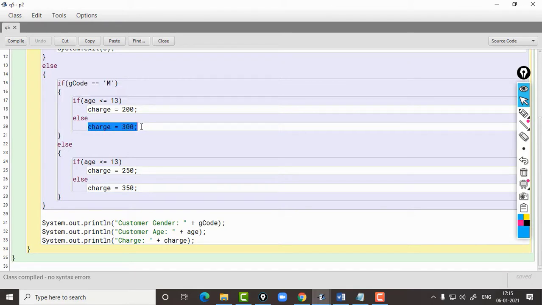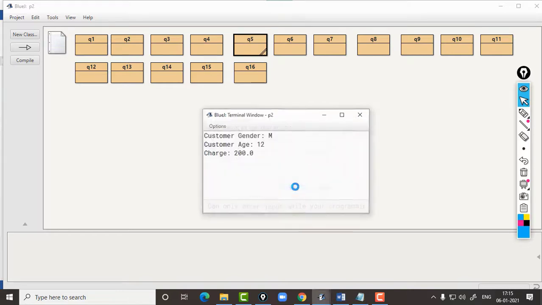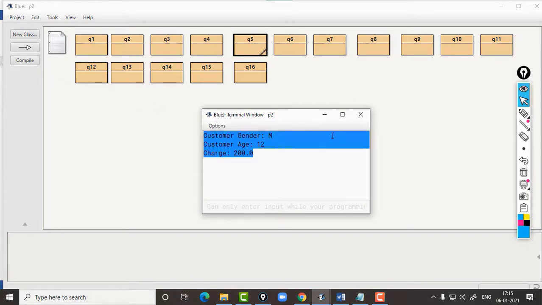Now, similarly, let us check for below 13. Let us make it 12 and the gender is male. Now you can see that it is showing the charge is 200 for a male 12 years old.